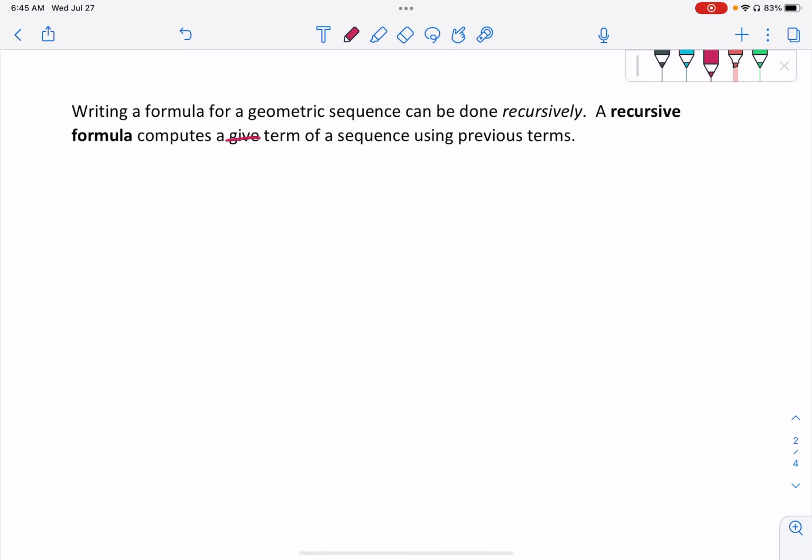given term of a sequence using previous terms. In order to find the fifth one, you first have to know the fourth one. In order to get the fourth one, you have to know the third one, and so on. Sure, there's a bit of a drawback for this, but it's going to get us started at least on how we can write ourselves a formula